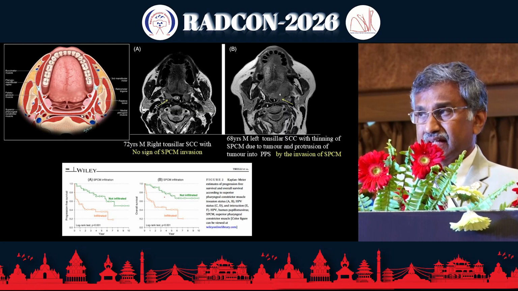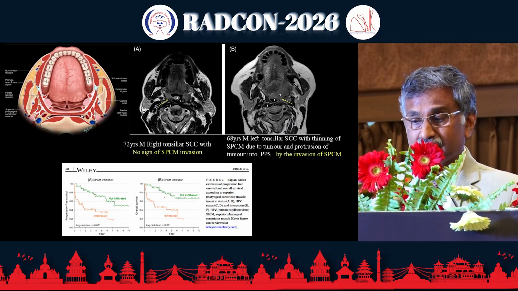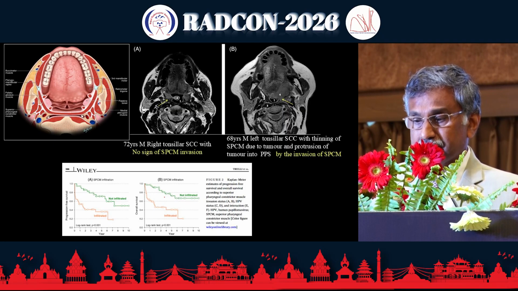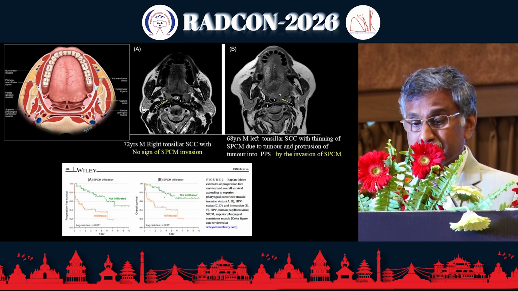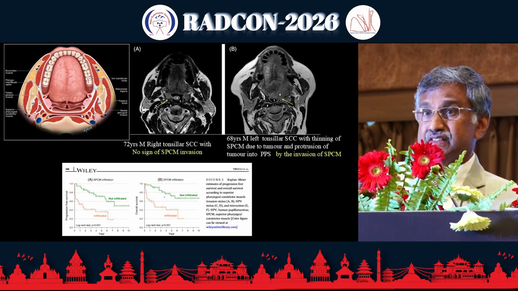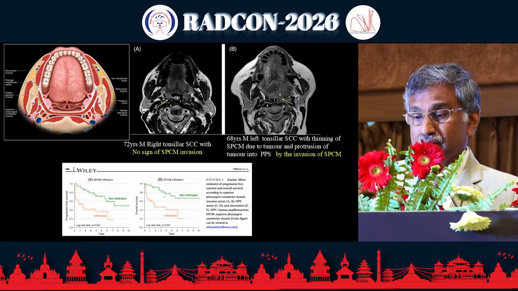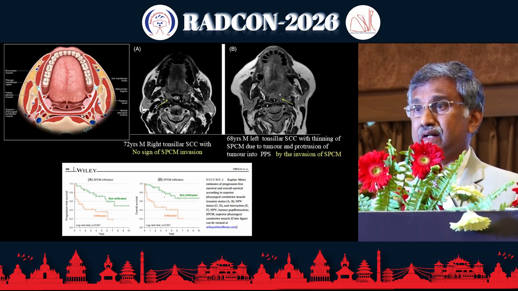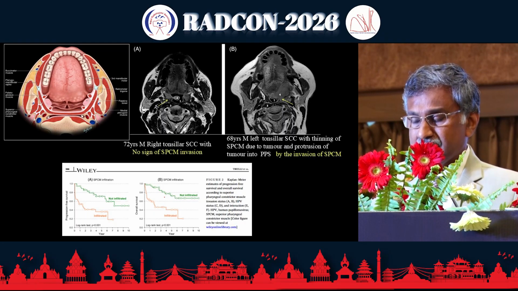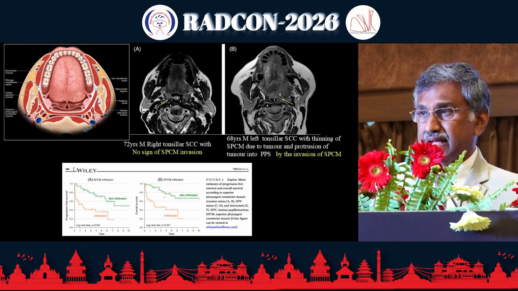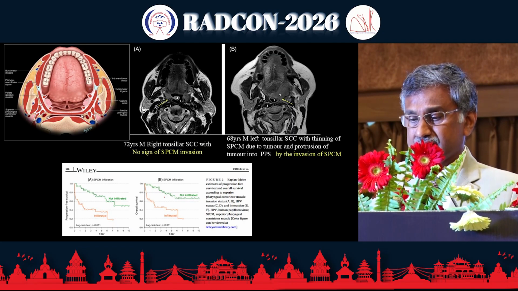Palatine tonsil involvement, the other one: the palatine tonsil can extend superiorly to involve the palate, soft palate, or retromolar trigone, or it can involve the pterygoid muscle. They all spread along this pathway. Once you see this imaging, you look for these particular areas. Why is it important? Because sometimes it can involve perineural spread or perivascular involvement, or in very advanced cases nodal involvement, with extranodal invasion into the vascular channels.